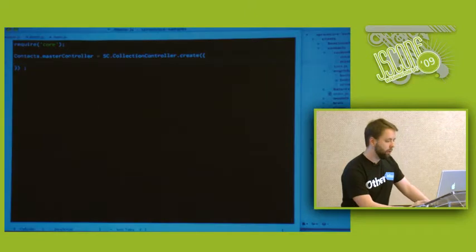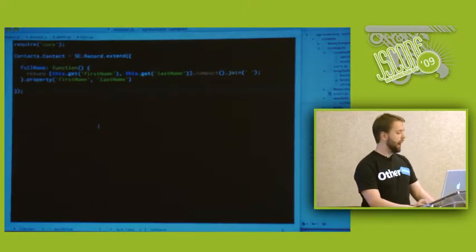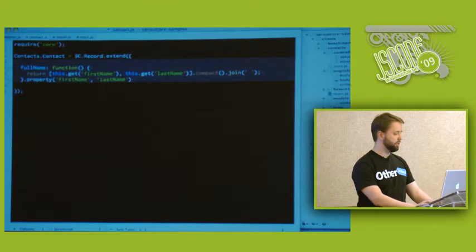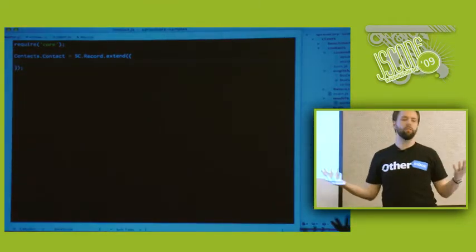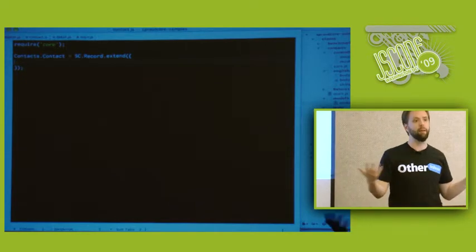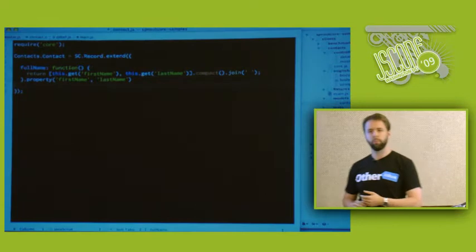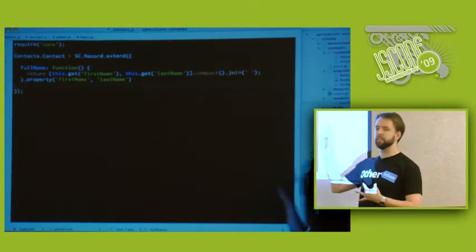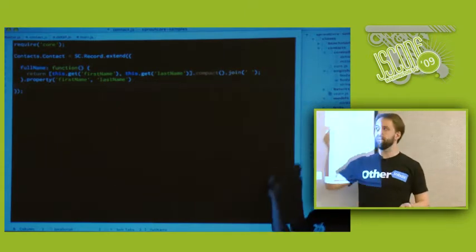Okay, so the last thing I wanted to show you would be the model. There's no schema, there's nothing special you have to do to a contact except name it and say what it is. This is an example of a property in SproutCore. This is like a special case of KVO. It is super common, so there's a helper for it. And the idea here is,